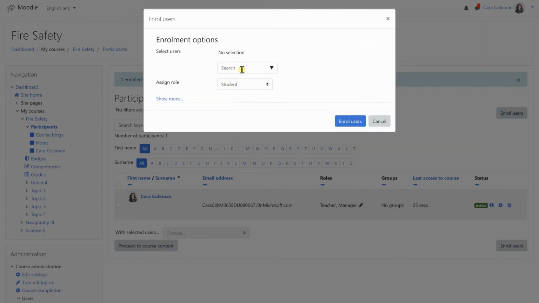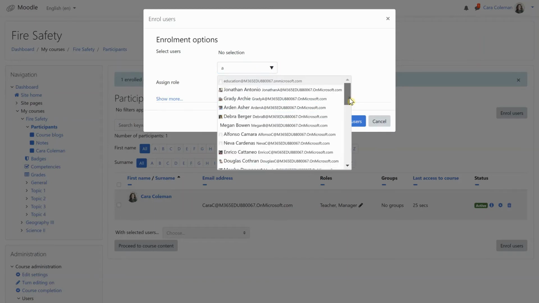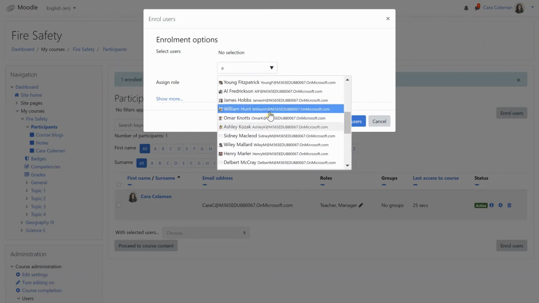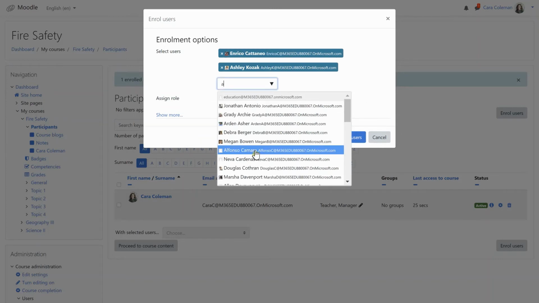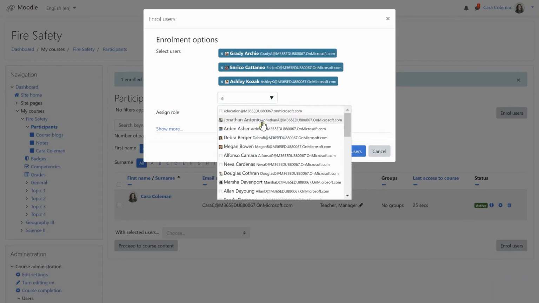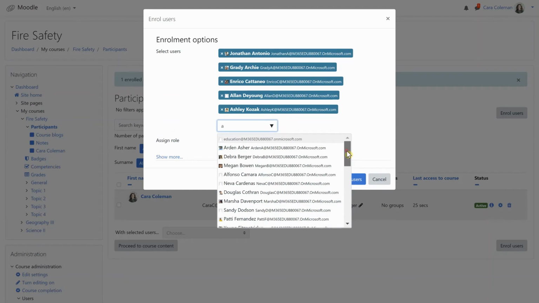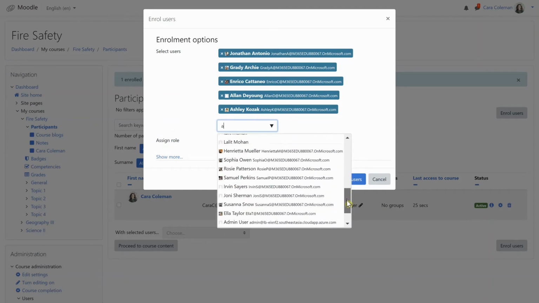She can go ahead and then also search for her students. There you go. So all these identities which have been copied and brought on from the Azure Active Directories will show up in the drop-down where the teacher can pick it up from.